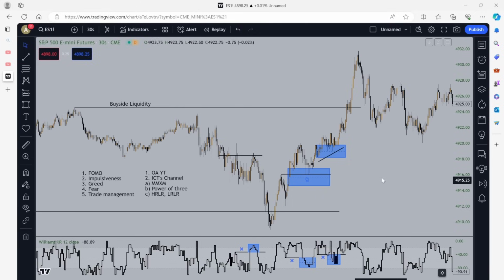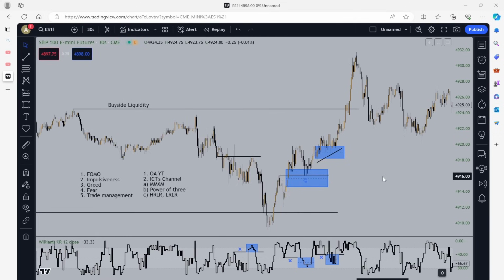But in terms of this model being an internal to external model, the fair value gap is going to be essential. And then you can either choose the order block here or this breaker. So it's not set in stone, guys. Whatever you guys want to use, either the breaker, the order block, the fair value gap, the balanced price range, whatever your eye is drawn to the most, use those. You have 4 options. The breaker, the order block,